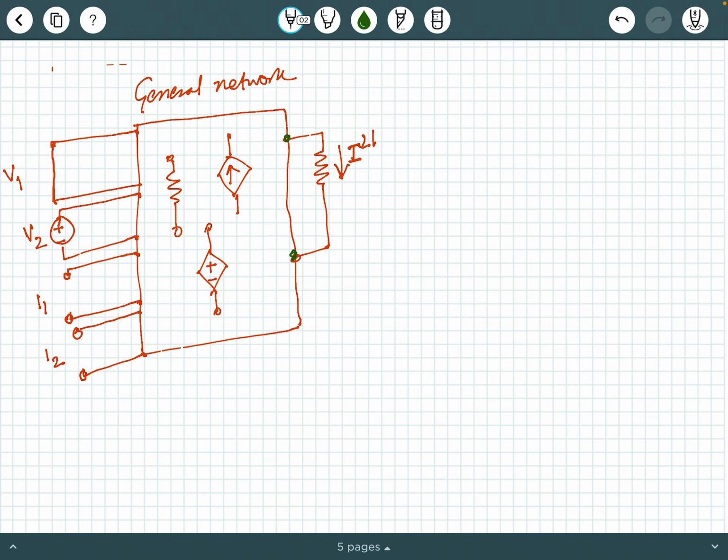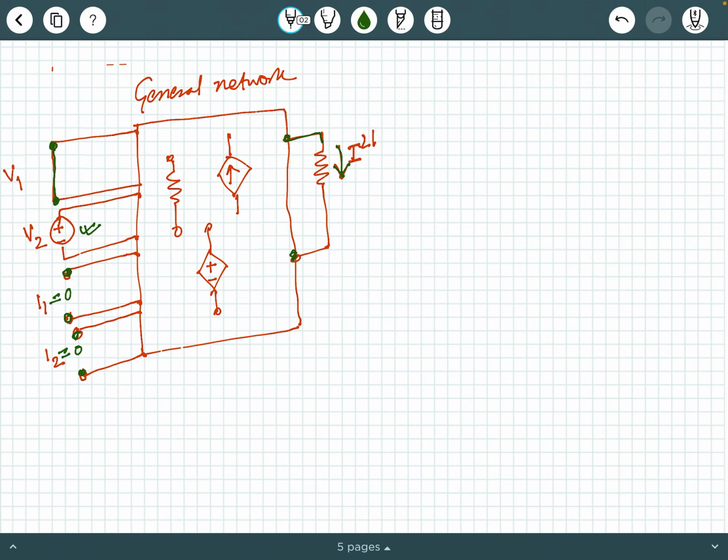Now in a similar fashion, again I take the same set of terminals and resistance, and I want to calculate the current here. This time again I have only one source active, and all the rest of the sources I have made inactive. If it is a voltage source, making it inactive means shorting the terminals. So now V1 is shorted out, and for a current source, to make it inactive you have to keep the terminals open.